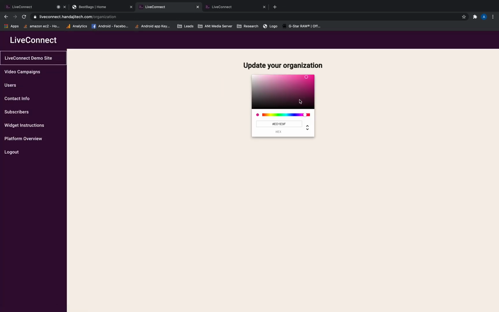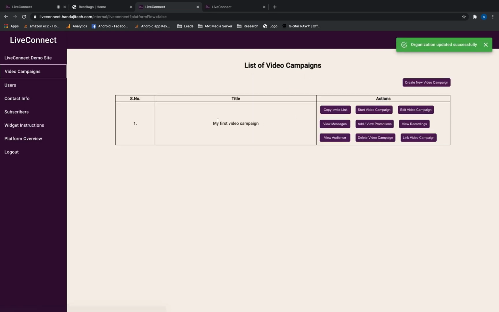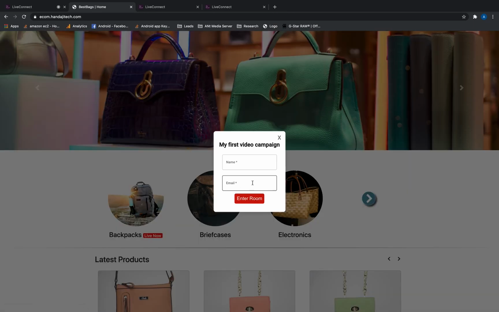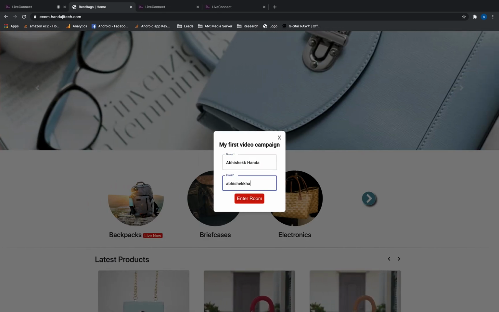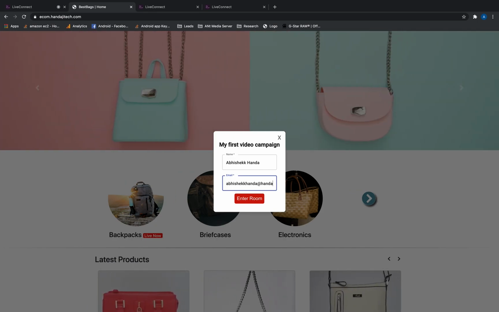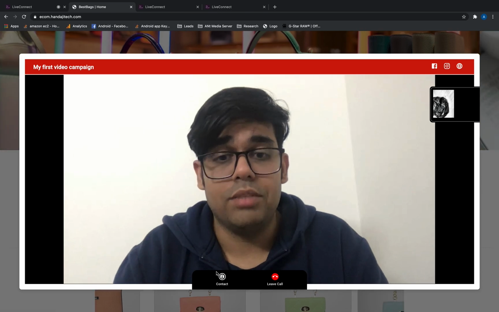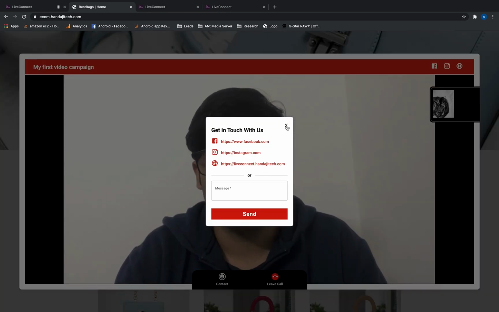Simply just come here, click on the organization, select any color that you want. Let's say I want to go for blue, or let's say red. I think I like red more than blue. And then click on update the organization. Now the next time a user clicks, opens it, there's red color, right? So the only thing you have to do is to just change the color here, and the widget becomes part of your website. It looks as if it's part of you, not a third party system. Yeah, that's perfect. Contact form, everything is in red now.